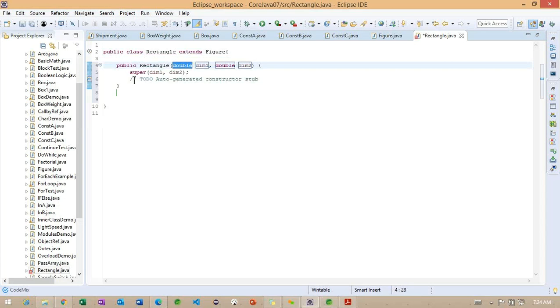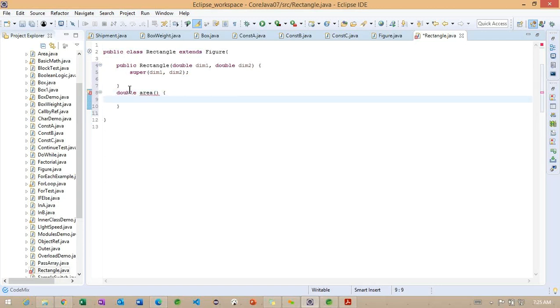Right, now what I'm doing here, I'm calling the superclass constructor here, and after that again I'm trying to implement the same method called area.